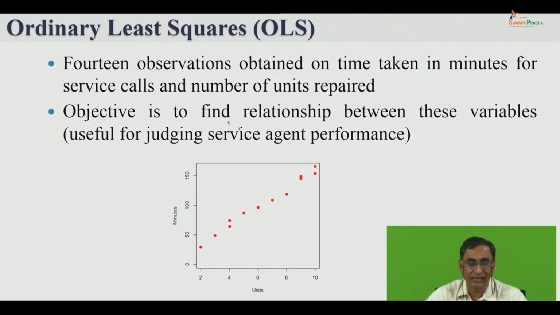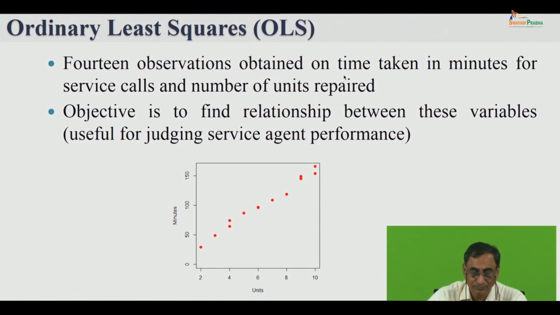So if you know a relationship between the time taken and number of units repaired, which you believe should exist, then if somebody takes more time and is not repairing much, there is some inefficiency, maybe he is wasting too much time in between on travel or whatever. So we need to find out, right? The purpose is to judge the service agent performance and design performance incentives in order to improve the productivity of these agents. So we are interested in developing a relationship between the number of units and the time taken,